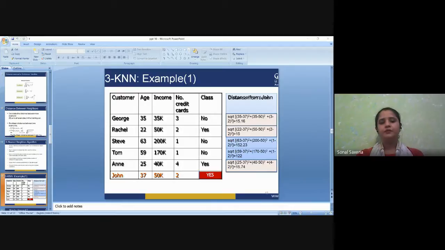A drawback of this basic majority voting classification occurs when the class distribution is skewed. That is, examples of a more frequent class tend to dominate the prediction of the new example, obviously, because we are not making any new predictions. We are only relying on the recorded data sets or the recorded outputs that we have already seen in the training part.